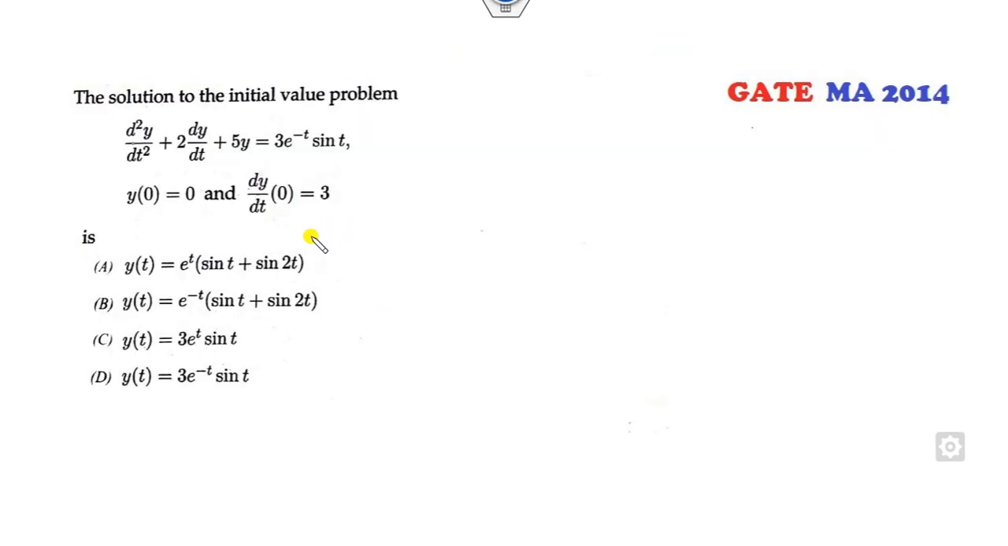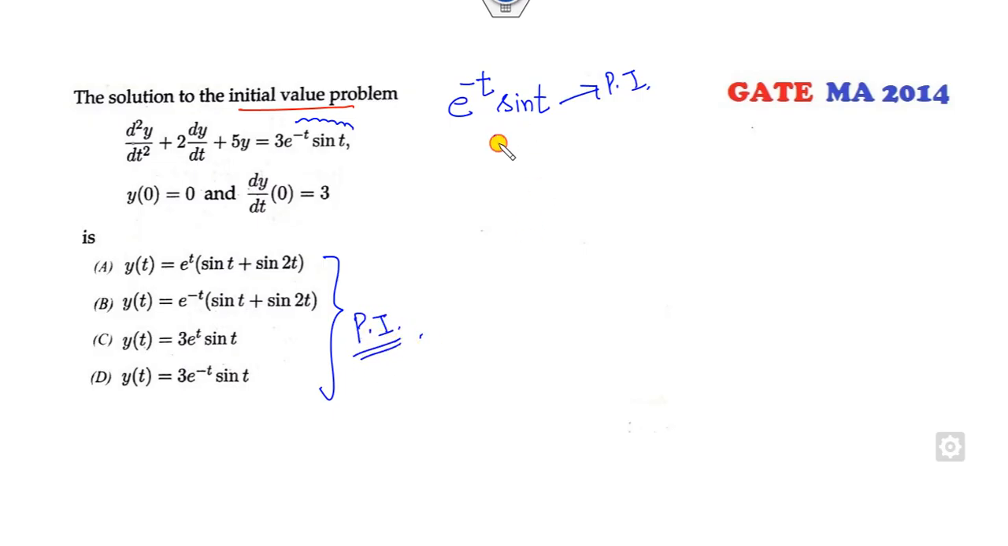Okay, look at this another case. The initial value problem is given to you, and which of the following options are correct? Look at that. My right hand side is e raised to power minus t sine of t. Fine. This will be part of the particular integral, and you can see about the solution. These are also my particular integrals. So it means it must be of